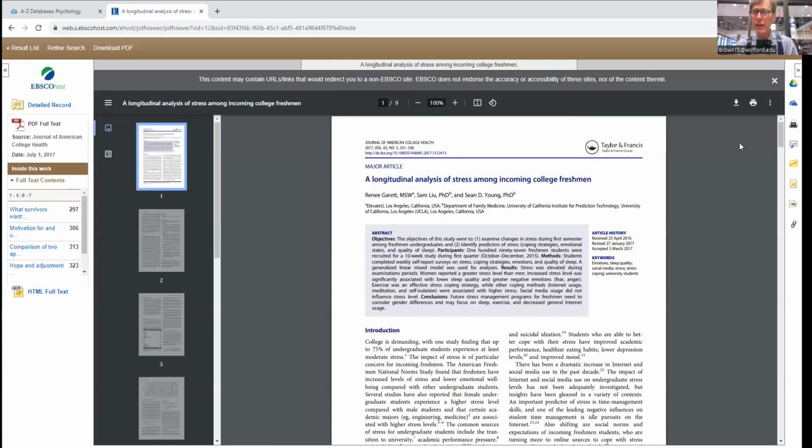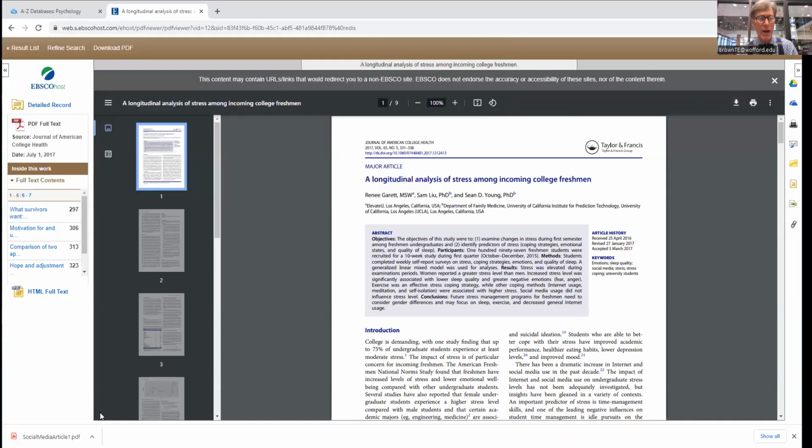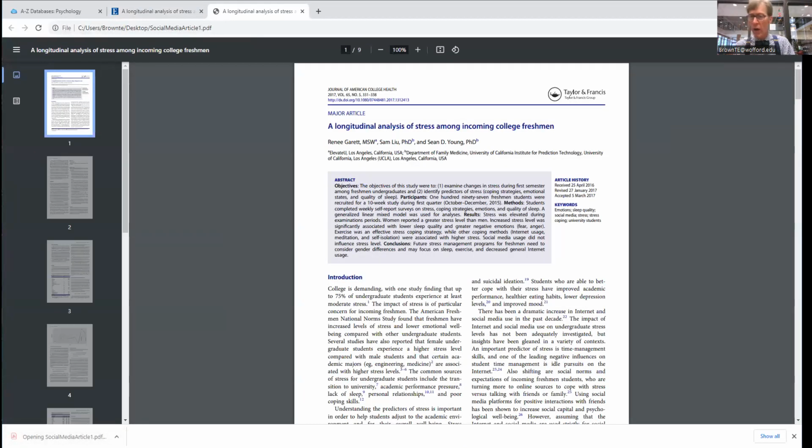And then I can download, and I may want to say social media article 1. I can say that to the desktop. I now have this PDF to use on my desktop, where I could attach it to an email to share